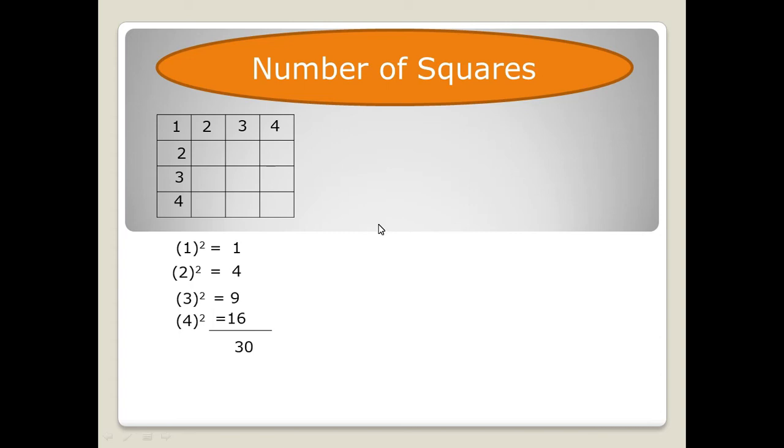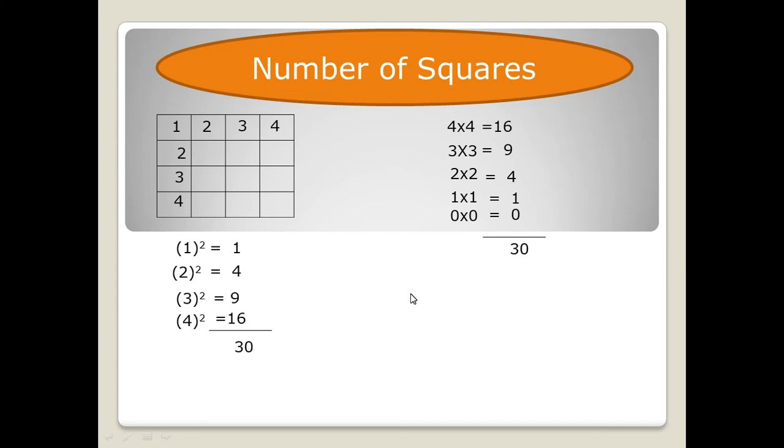You can solve it another way, that is multiply 4 by 4, then multiply 3 with 3, 2 with 2, and 1 with 1, and 0 with 0, and the answer would be 4 4s are 16, 3 3s are 9, 2 2s are 4, 1 1 is 1, and the sum is again 30. You can use this trick to find the number of squares when rows and columns are the same.